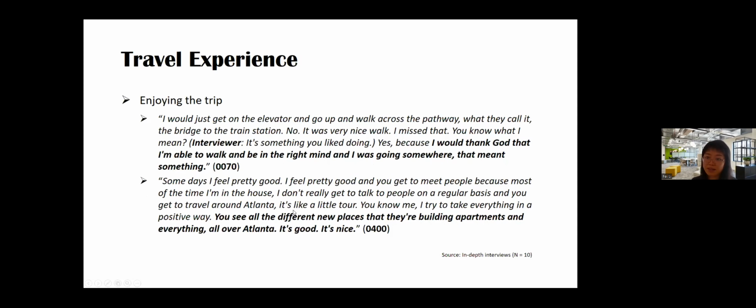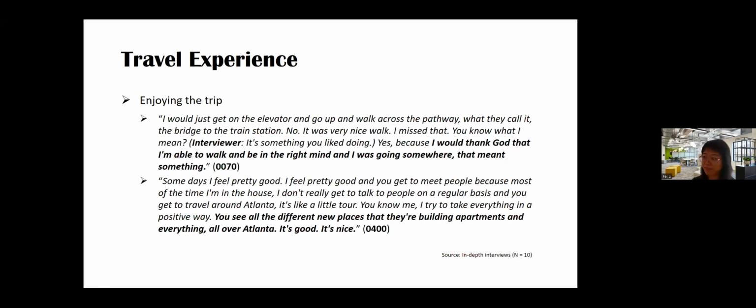We also have some positive perspective on the traveling experience or making trips, despite the time consuming or the inconveniences. Like here, this participant is talking about using MARTA. She has to walk a lot, but she's kind of enjoying it, partly because getting exercise, but also because that means she's able to walk, she's living relatively independently. I would thank God that I'm able to walk and be in the right mind, and I was going somewhere